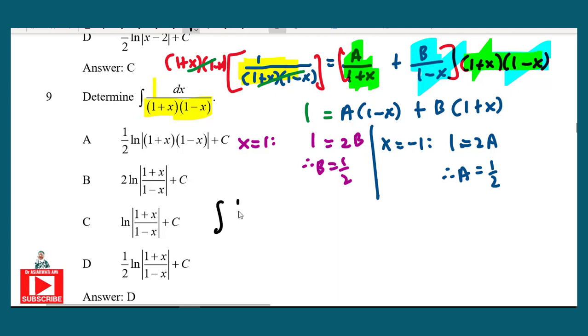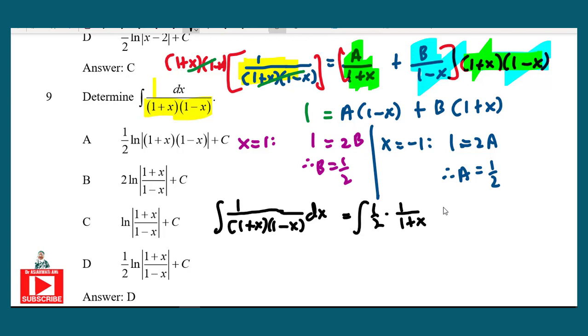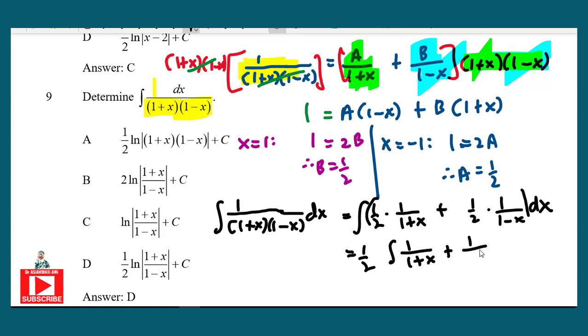Integrate 1 over (1 plus x)(1 minus x) dx, which is a over 1 plus x, a is 1 over 2, plus b over 1 minus x, b is 1 over 2, dx. Take 1 over 2 outside. Just integrate 1 over 1 plus x plus 1 over 1 minus x